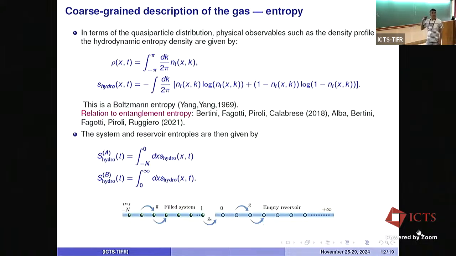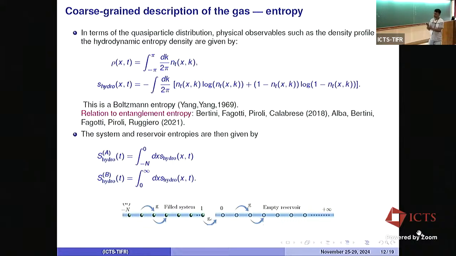In principle, we know that S_A is supposed to be equal to S_B, but here we have made some approximations and we don't know if this is going to be true. So let's see what this gives us. We'll be interested in using hydrodynamics to look at how the density evolves. We started from a domain wall initial condition, right? All particles here and nothing here. So how does this evolve? And how does the entanglement between what's in the box and the environment evolve?